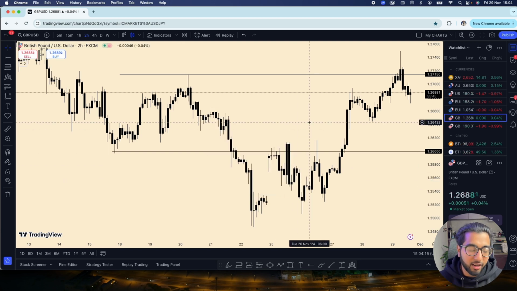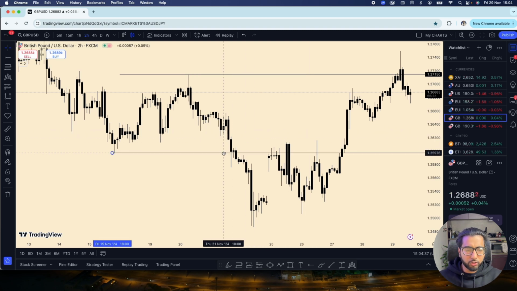Like, I love the markets when it does this. I don't even force it to do this, guys. It's just everything lines up like a jigsaw puzzle, and it's up to you whether you want to understand it or not. And the way it's going to be when it comes to you understanding it is you practicing, guys.